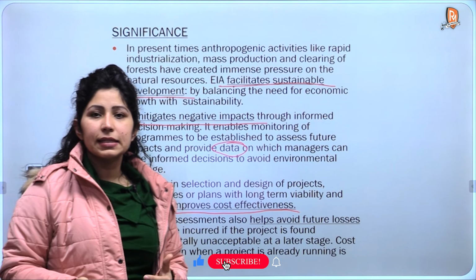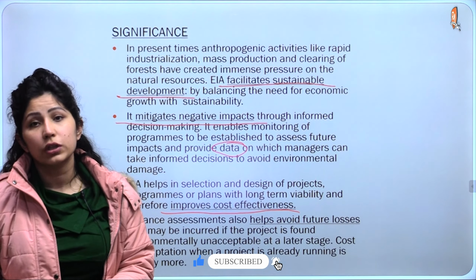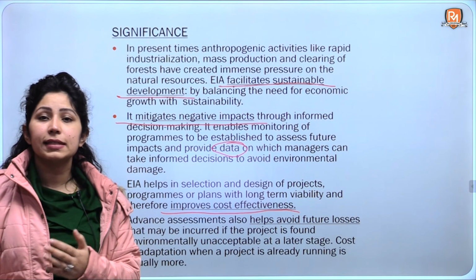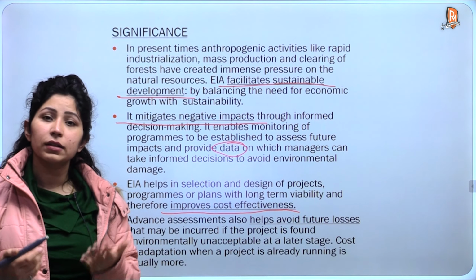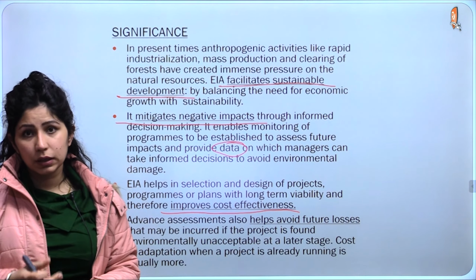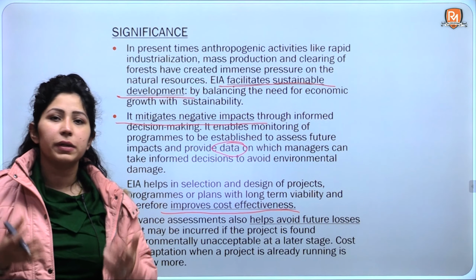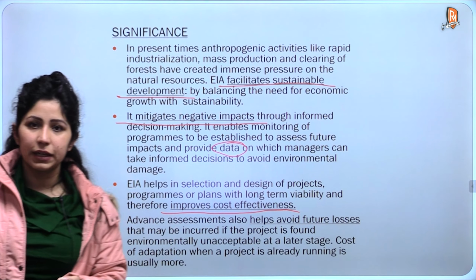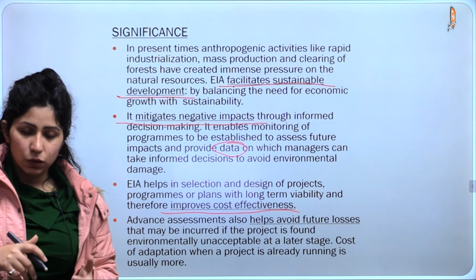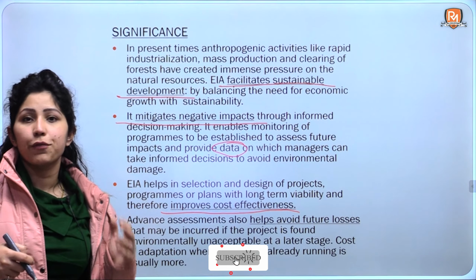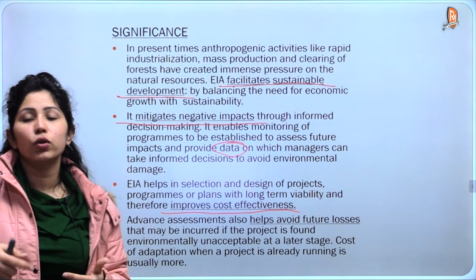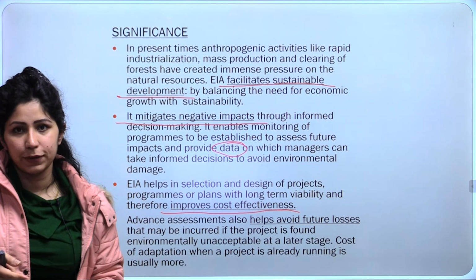The next significance is that it assesses what can be the future losses. As I told you about the seasonal functioning of any project, whether it will be sustainable, whether it would work properly during the monsoon season, or will the bridge collapse, are we using the right kind of material. So the environmental impact assessment of a particular area brings down the cost in the long term also, so that the project that is about to be built can be built in the most efficient and most right way, so that there are no losses that happen in future. So these are the four broad significances of EIA.